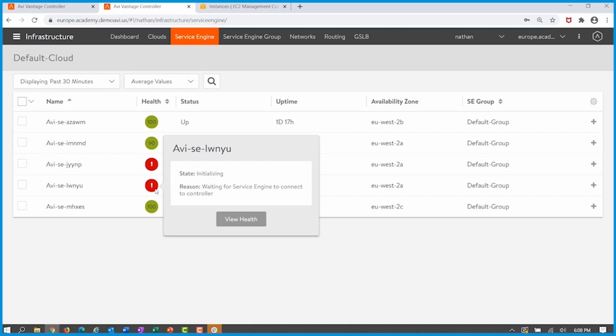a new service engine. I can go back a few years, and it used to take, with hardware load balancers, it would take people a week to go and deploy a new load balancer, or weeks even, to go and get the thing shipped out to a remote data center, fly out there, a lot of work. And this is in a virtualized environment. If you're doing this in a containerized environment, it takes about 20 seconds or so to spin up a service